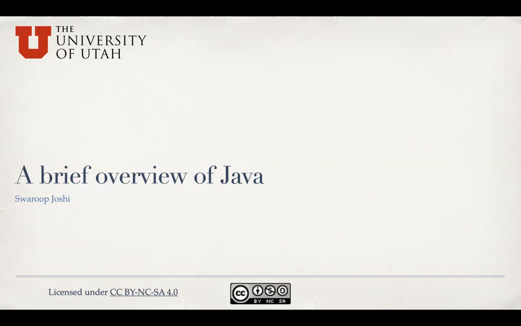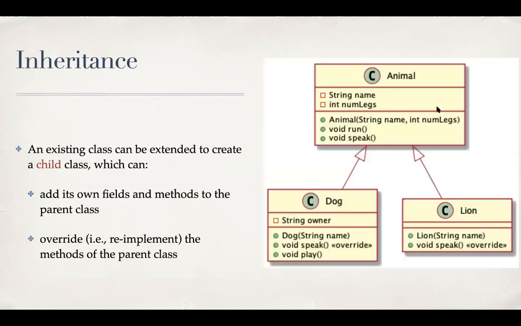Okay, we'll talk about inheritance and polymorphism in this video. So inheritance, a key object-oriented concept. Again, we assume that students of this course are familiar with OOP, and this is more like a Java overview. So we won't go deep into what inheritance is, but essentially inheritance is a way of reusing some code where